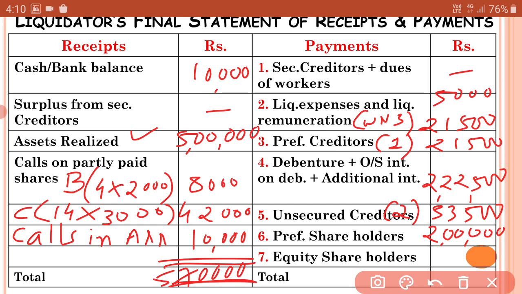And the last point, equity share. Here you pay only for A equity share. A equity share you should pay 46 rupees, multiply number of 1,000 shares, so amount is 46,000, and then after the total will be same 5,70,000. Just you check it, the total 5,70,000. Once total the payment side, 5,70,000 will come.